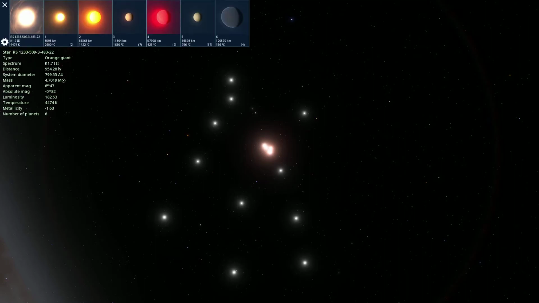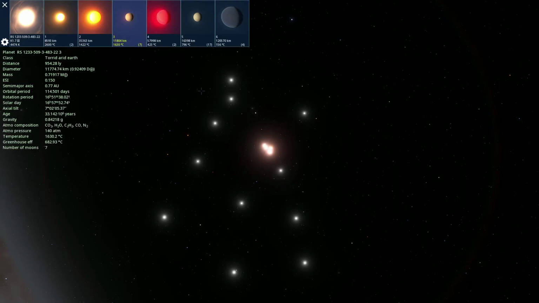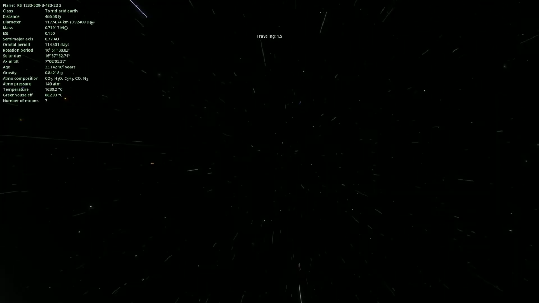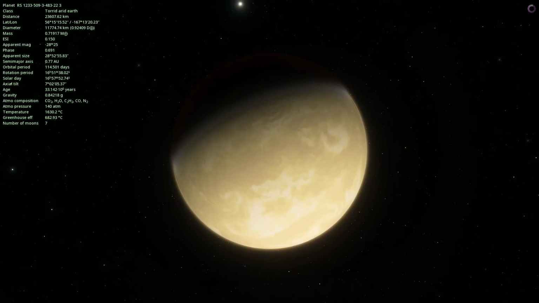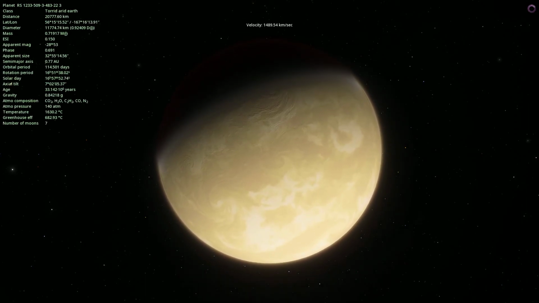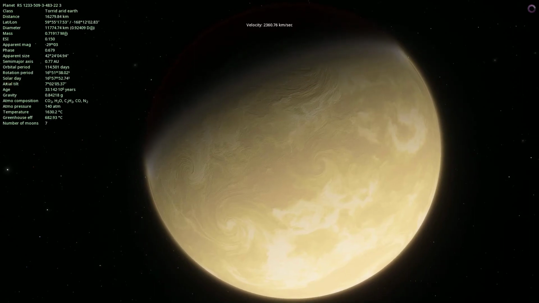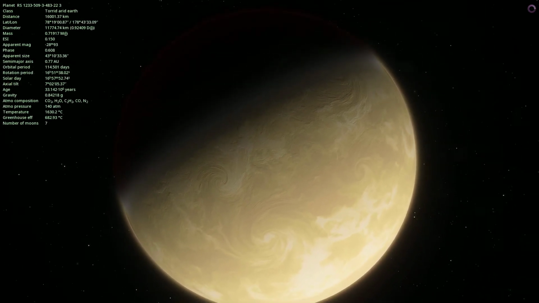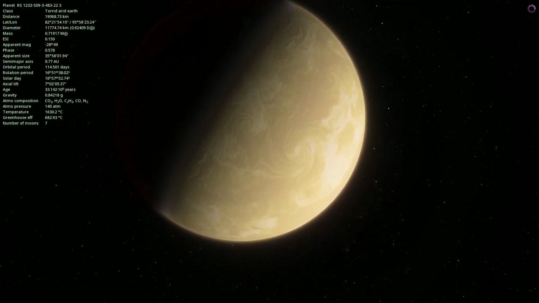Let's check out this star and go to planet 3. Yep, we're 3 for 3 now on arid Earth-like worlds. This will be the biggest one of all of them. Well, this one has a nice pale yellowish tint, with a lot of swirly clouds that make it look kind of like a gas giant. Its atmospheric composition is similar to our Earth's, only this world would be much hotter and drier.